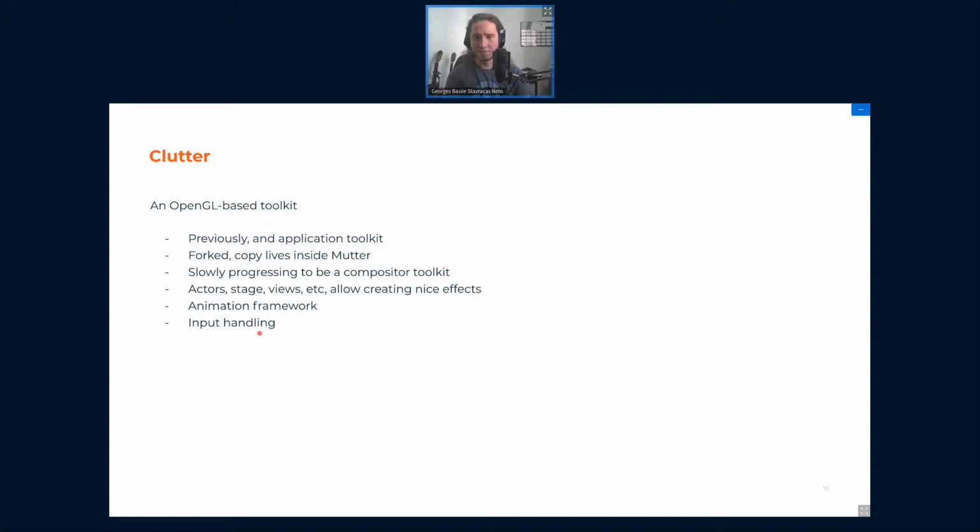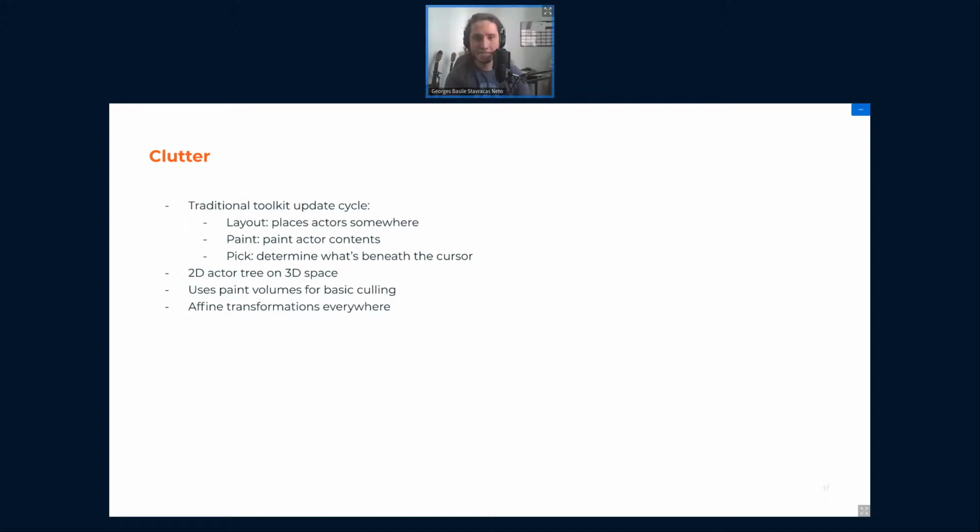On Wayland, of course, it uses libinput and XCB, and on X11 it uses X11. When it's running as X11, everything is X11.